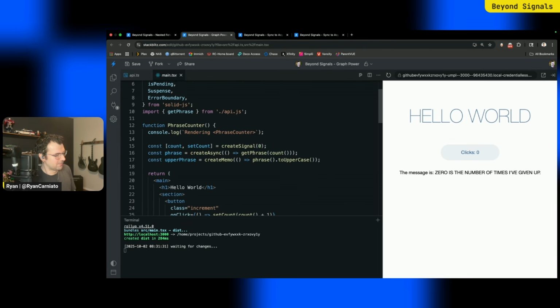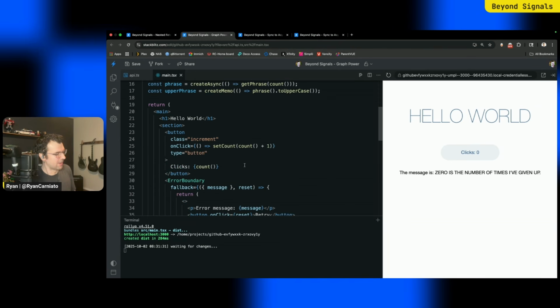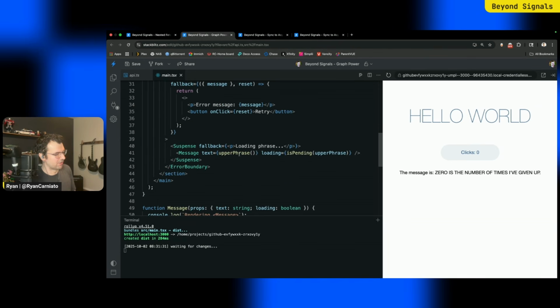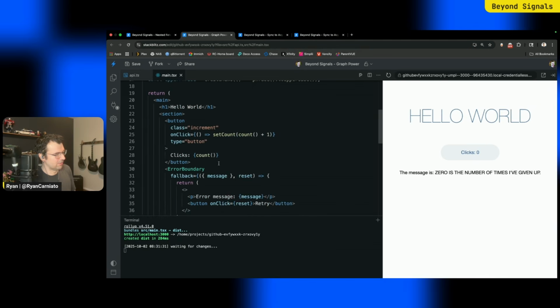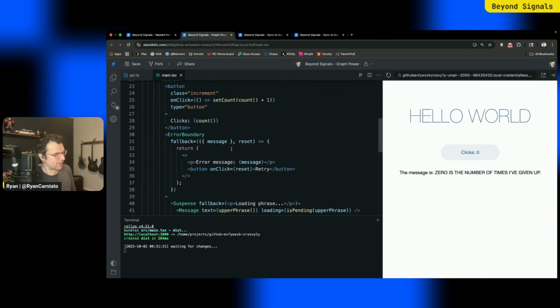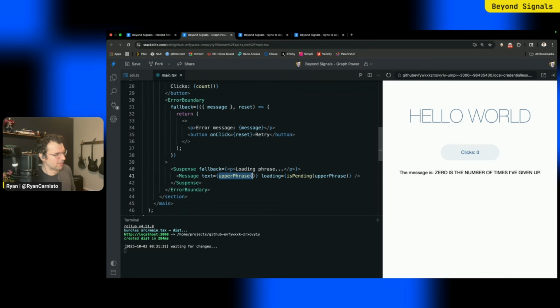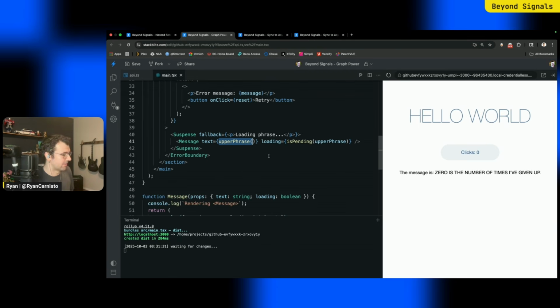So we get that. We derive some data. We make it uppercase. And then we pass it down to our message component, which renders it. First thing you're going to notice here is that our suspense and error boundaries are below the fetching. Again, because we don't need to block until where we read. So suspense just has to be above where we do our data fetching. And then our error boundaries can catch the errors in case the async errors out.